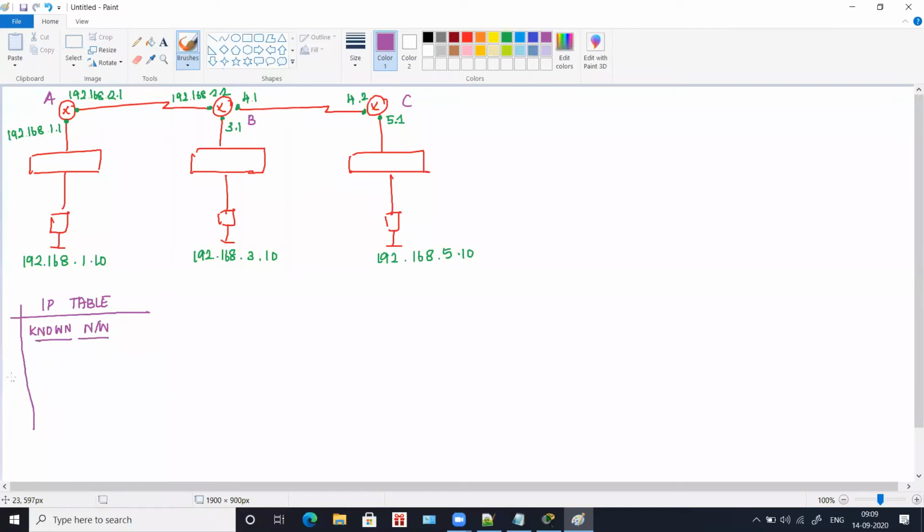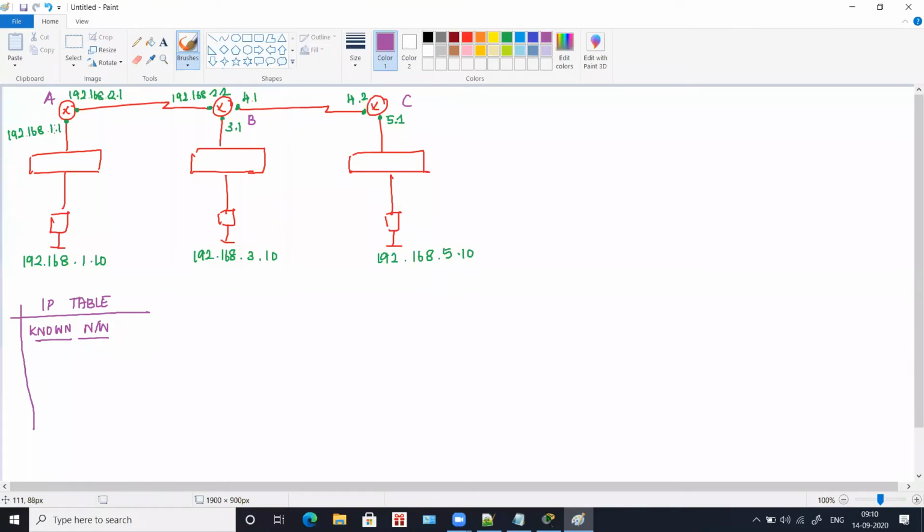Now, what do you call the known network in a router? For router A, how many interfaces does it have? Two. Very good. Router A has two interfaces: one is 1.1 and another one is 2.1. Now what we have to fill is the network ID.